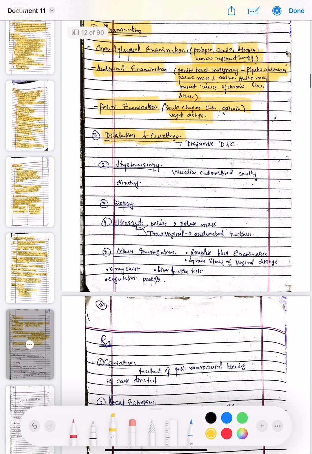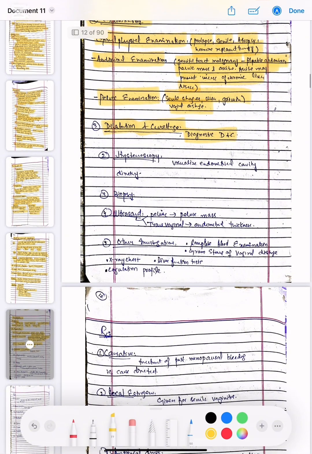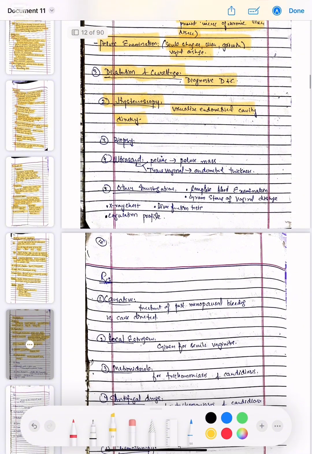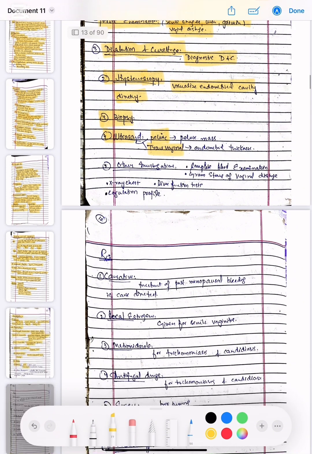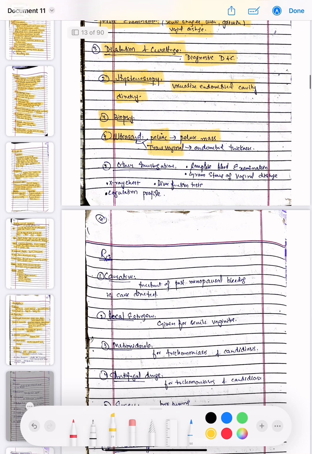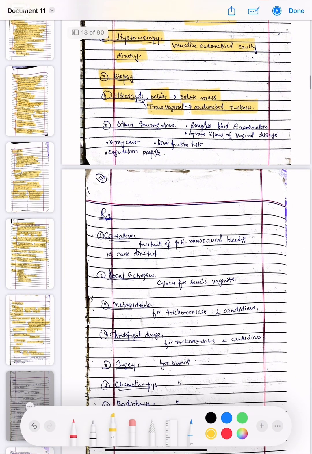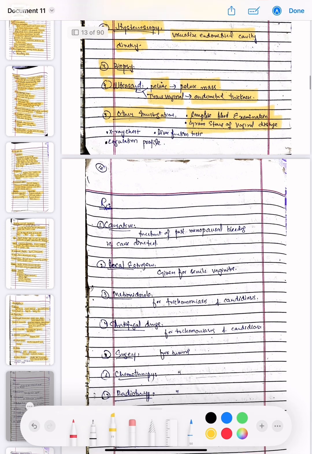Dilatation and curettage is done for diagnostic purposes, and hysteroscopy is done to visualize the endometrial cavity directly. Biopsy is done. Ultrasound is done, that is pelvic ultrasound and transvaginal ultrasound. Pelvic ultrasound is for pelvic mass and transvaginal is for endometrial thickness. Other investigations are complete blood examination and gram stain of the vaginal discharge, X-ray chest, liver function test, and coagulation